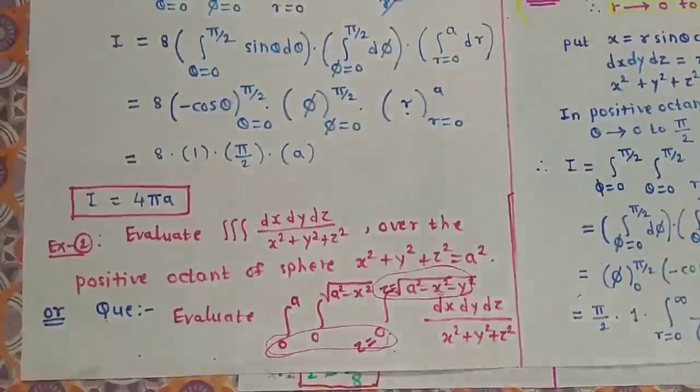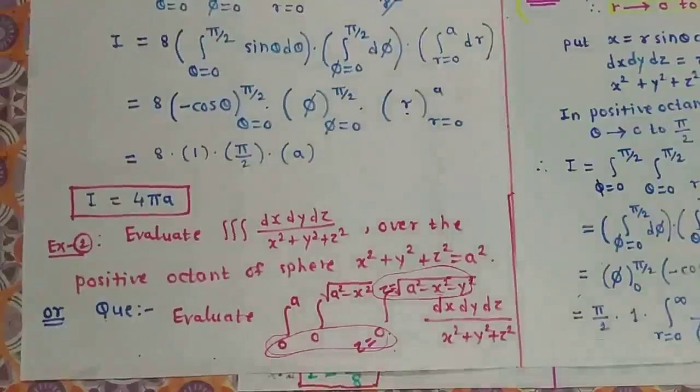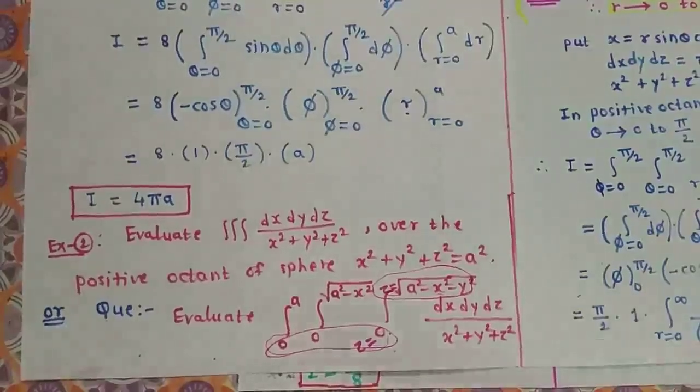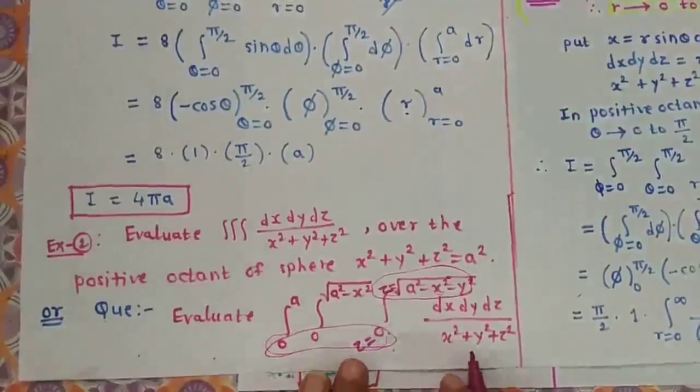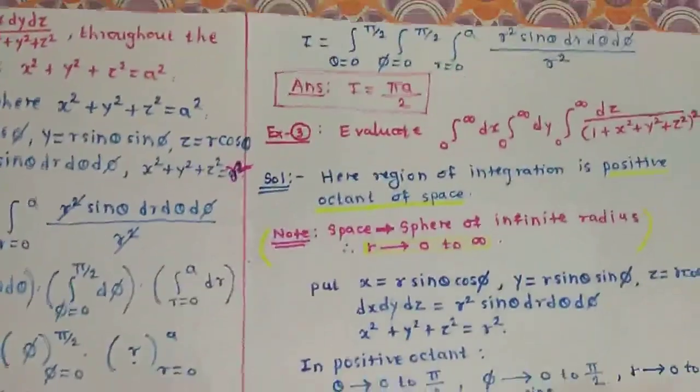The three coordinates x, y and z will be positive only in the positive octant of the sphere. That's why our region of integration is the first positive octant of the sphere,